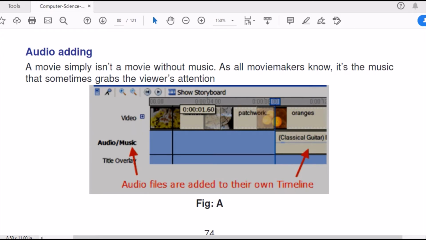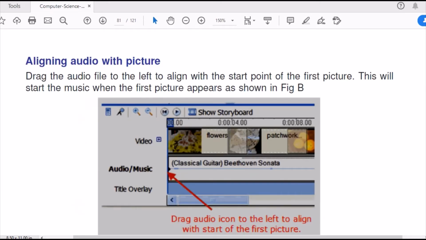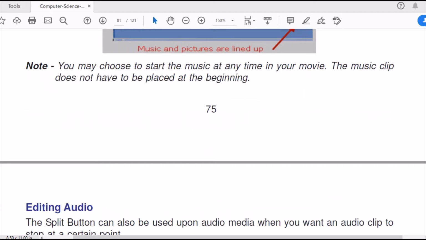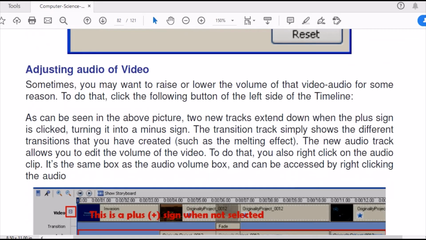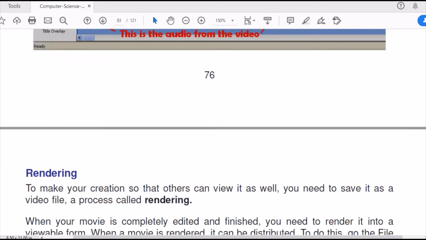Adding audio, the same way you can add an audio clip. You can edit an audio clip. You can save from which point to which point this audio clip should play. How much background music or effect should it have? I can trim it out. Editing audio, same way you can use split and trim options on an audio clip. Adjusting an audio from this point to this point, or this point to this point, whichever you want.